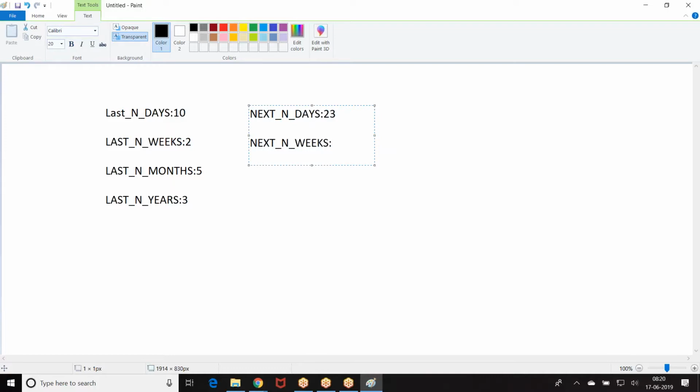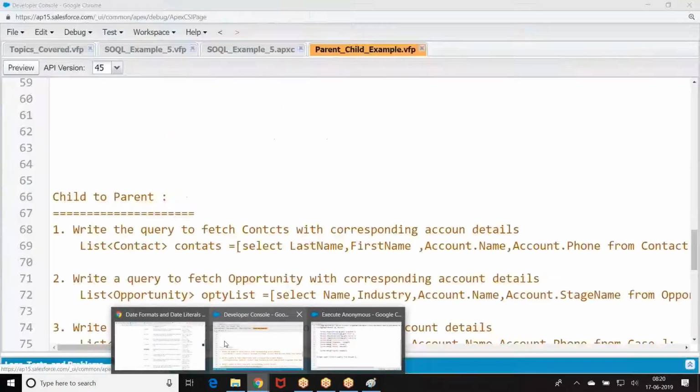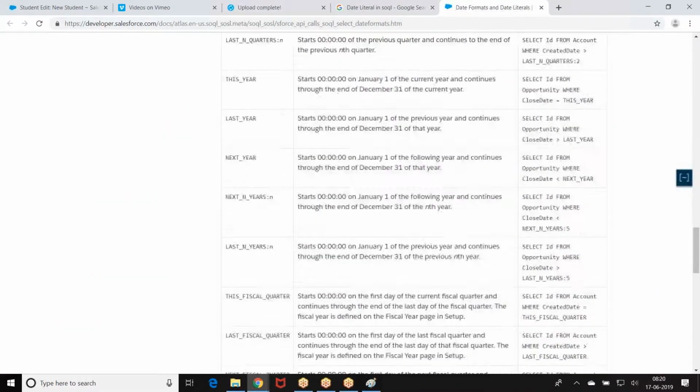Same, last 10 days, next 10 days, next 10 weeks, next 10 quarters, next n financial years. Okay, these are the terms we have. If you look at the terms, the names themselves say what they are.